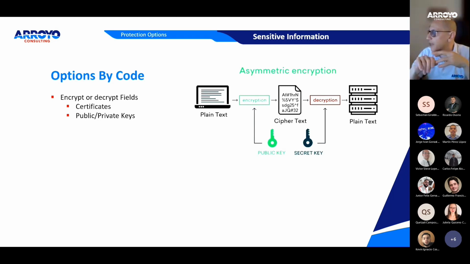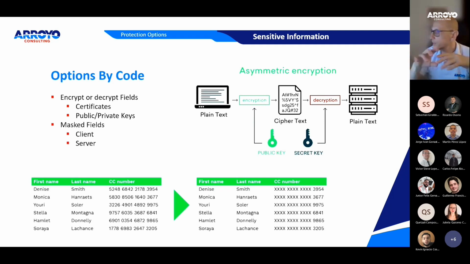The idea is that this is the way you can send information between two sides, the client and the server, or two clients that are connected. But what happens with this kind of thing? For example, another way that you can protect the information is to transmit the data, but not the real data. You can use masked fields. For example, in the first table, you have the normal information that you want, but when you transmit this information to the client, you can use the mask